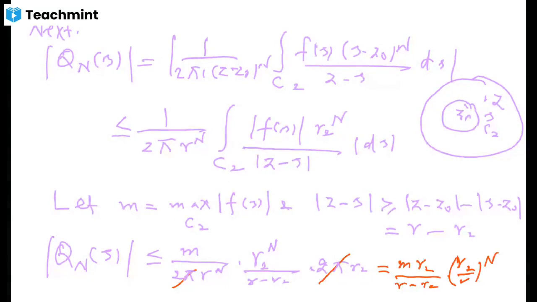and in the numerator I am writing r minus r2, and then r2 upon r to the power n. Now look: this r2 is the radius of the smaller circle, and r is bigger than this. So r2 upon r is less than 1, and when you take its power, that converges to 0 as n goes to infinity. That means this q n of zeta goes to 0 as n tends to infinity. Hence you have this integral, minus 1 upon 2 pi i integral over c2